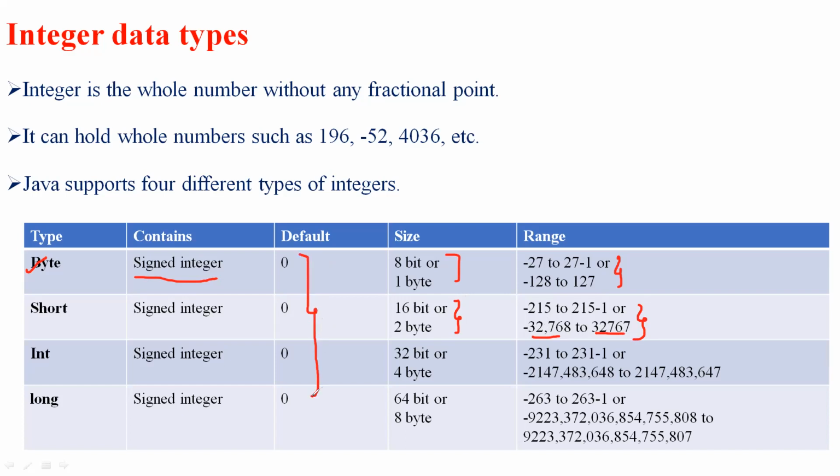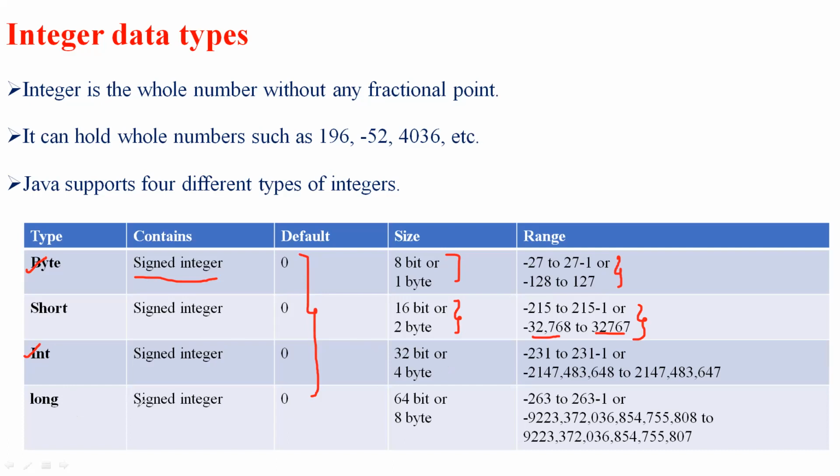So moving ahead, we have an int. Whenever we create a variable with numeric values, in order to specify a numeric value of any data type, we'll go with int. In order to specify the numerical value, it will use 32-bit or 4 bytes.